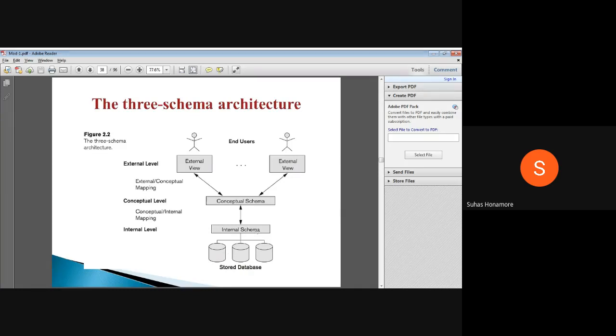Suppose I developed this application, and after some time I want to modify it. Suppose I want to modify only a particular external view's related information, one person's related information. Will it affect the remaining things or not? Can you say yes or no immediately?